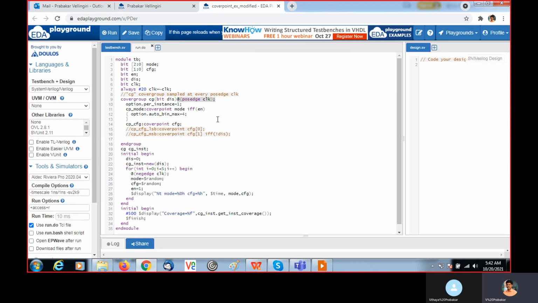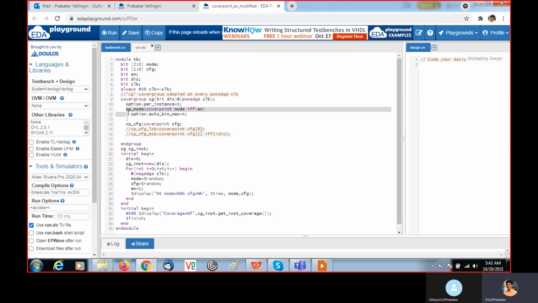Then option.per_instance, whose default value is 0. When you set option.per_instance as well, it will enable the detail of each cover group instance. Coverage details of each cover point we can see when you enable this one.